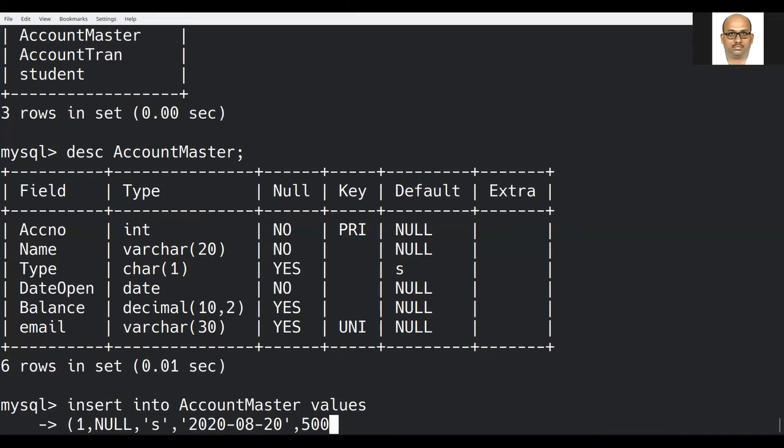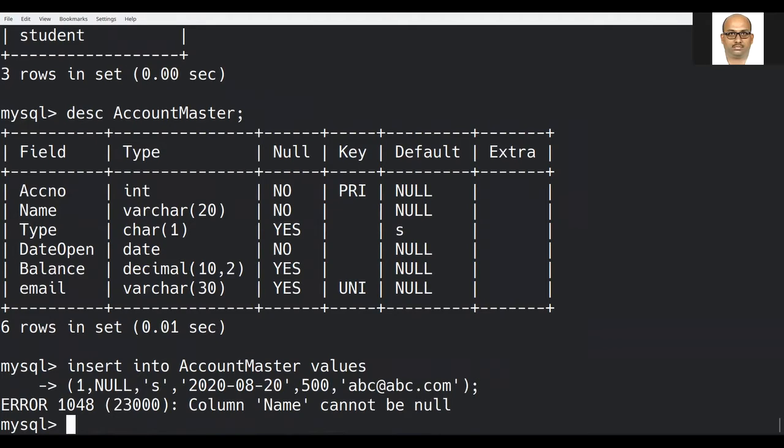I have entered a constraint on balance: if you are trying to give a value, it should be more than 999. That is, a minimum of 1000 rupees balance has to be maintained. Email value is unique. Let me give abc@abc.com. This is what an email address is. See, let us try to insert this one and let us check.